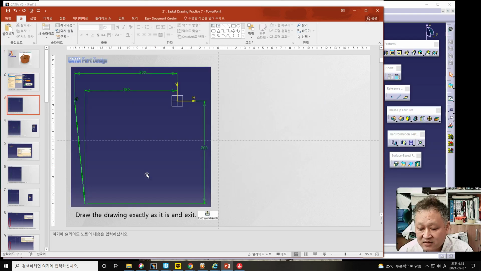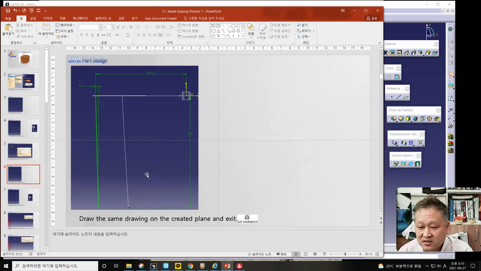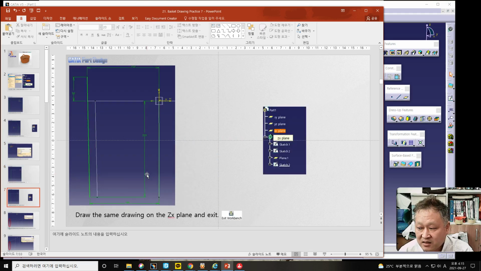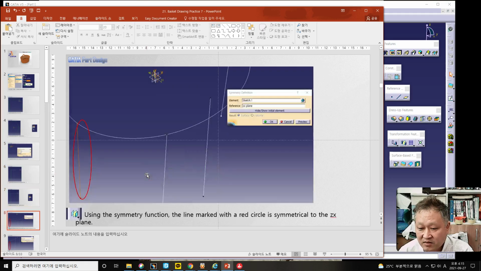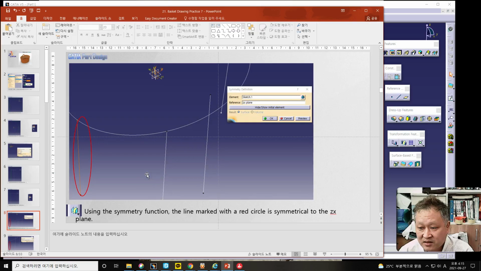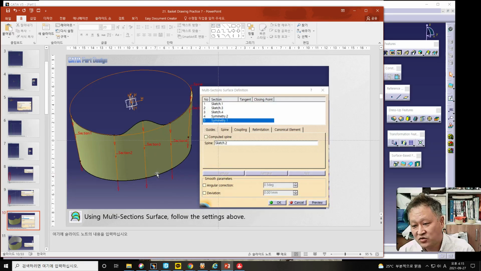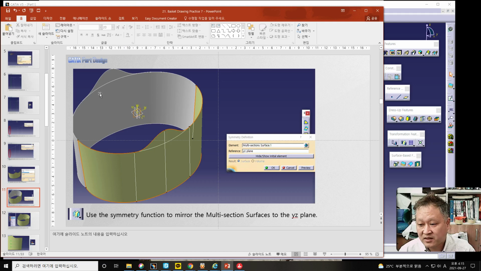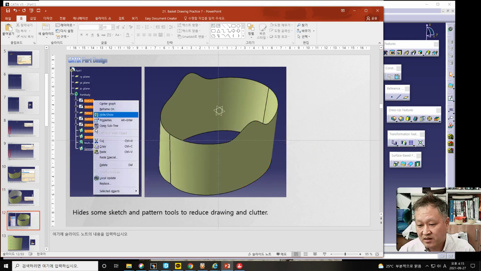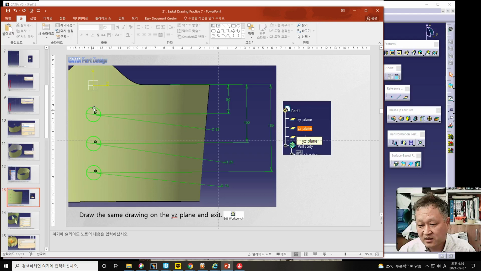In the first step, sketch some lines and an ellipse of the part, and by using symmetry operations some lines should be generated, and the multi-sections surface definition command is carefully selected by sequence, and with another symmetry button you can make the symmetric one, and three kinds of holes should be generated,